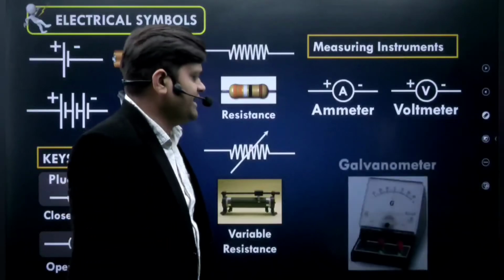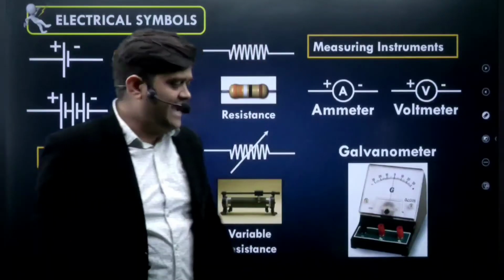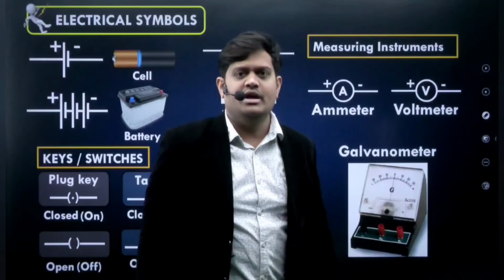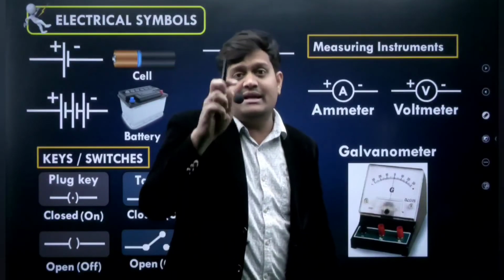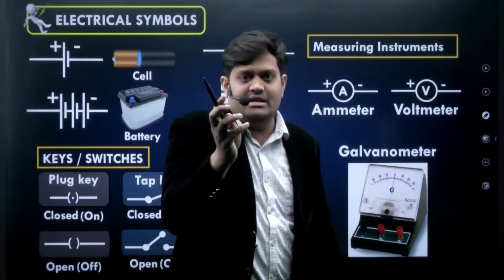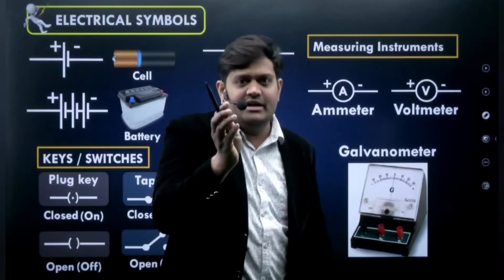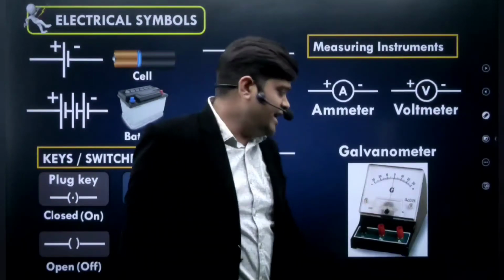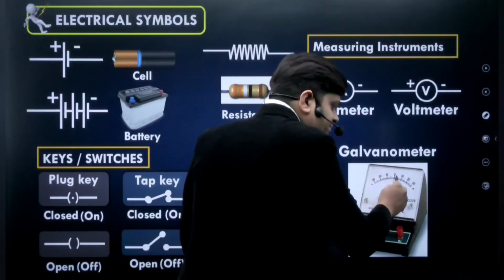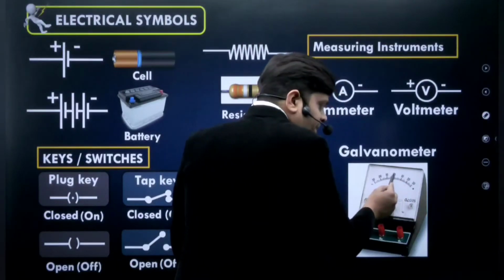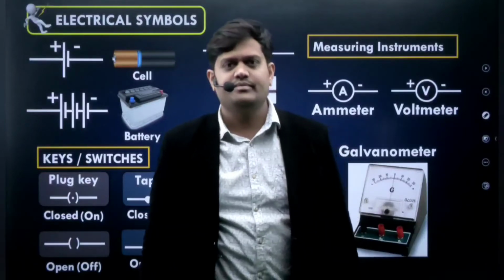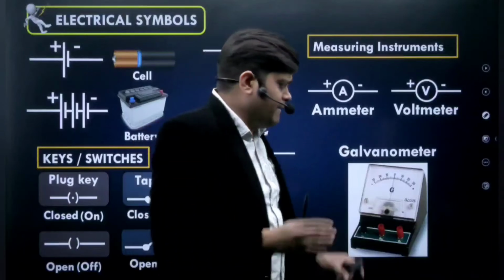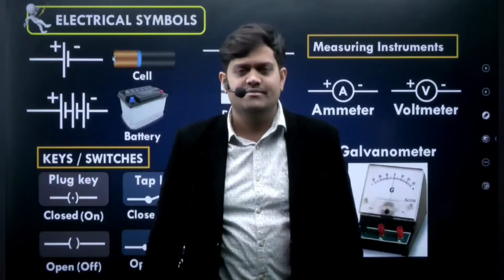Now the next one is the galvanometer. The galvanometer is also used to detect the current in the circuit. If there is a current in the circuit, then it indicates something. If it deflects, then we find that there is a current in the circuit. And if it is not deflected, it is on zero, it means there is no current in the circuit. It is a very important device. It is studied completely in 12th class.